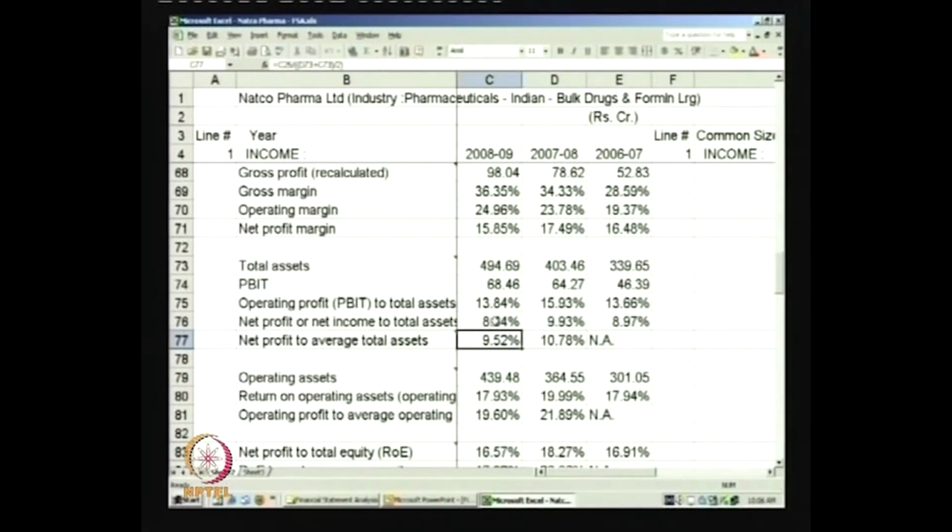One can see here that when net profit to total assets is measured in terms of closing assets, it is 8.64%, whereas if it is measured in terms of average total assets, it has gone up to 9.52%, possibly because profit to total assets was more in the previous year in relation to total assets. So, this is one of the important ratios that all the investors look at. And next we go